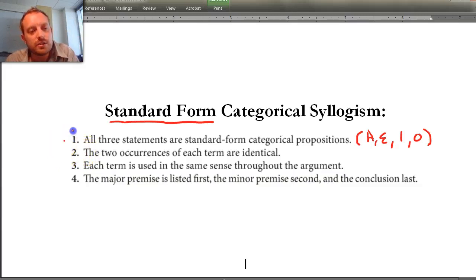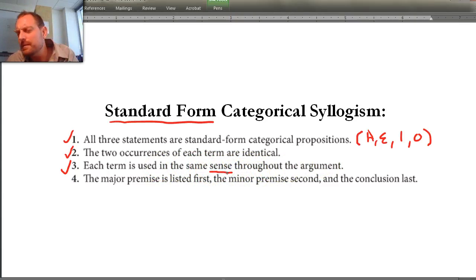The second criterion is that the two occurrences of each term are identical. That means that a standard form categorical syllogism always has three terms, and each of those three terms is used identically in at least two of the propositions stated. The third thing is that each term is used in the same sense throughout the argument, and that's an important